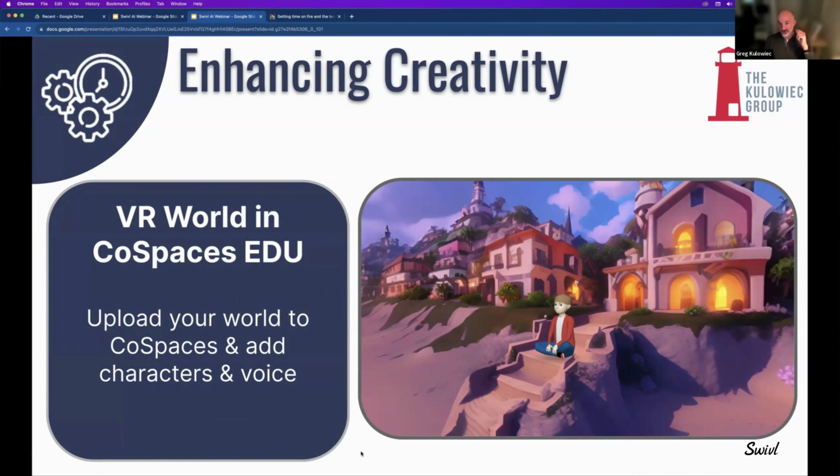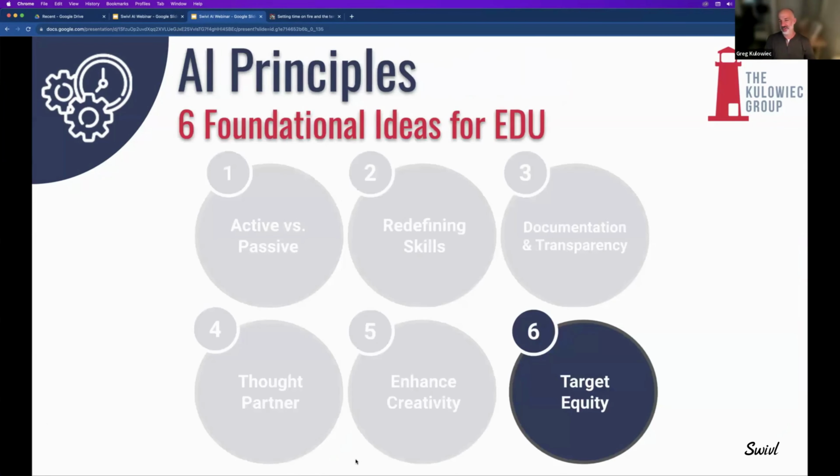And imagine the ability for a student to go, I want you to hear my poetry in a world that I envision the poetry being conveyed in, not just on paper, but it's immersive and there's sound to go with it. And you get to hear the student narrate their poem. That's by far enhancing creativity.